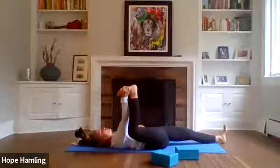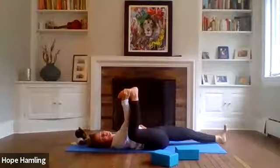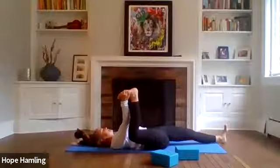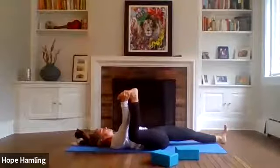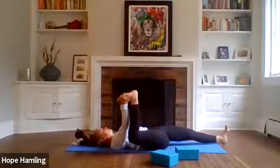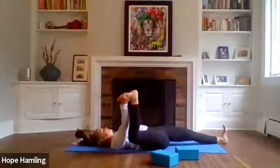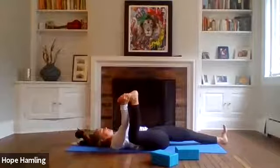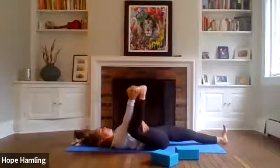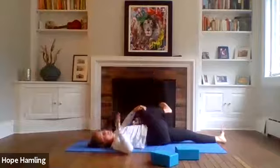So the sole of the right foot would face the ceiling. The right knee is drawing toward the ground. Okay, if that doesn't feel good, just stay with the knee pulled in towards your chest or armpit. Just one more breath here. Good. And then take the right knee, keep it bent, and just cross it over to the left side